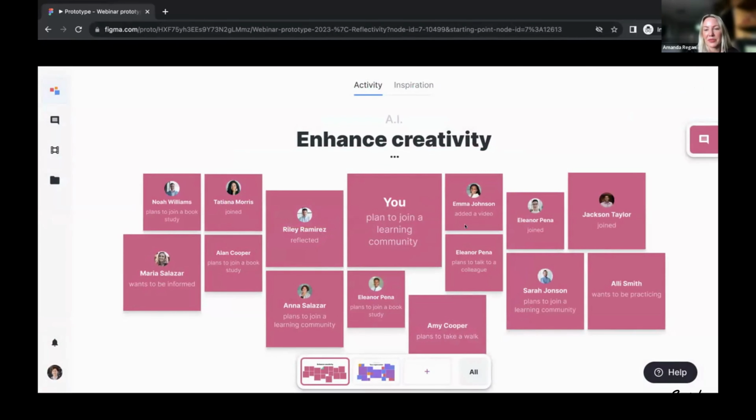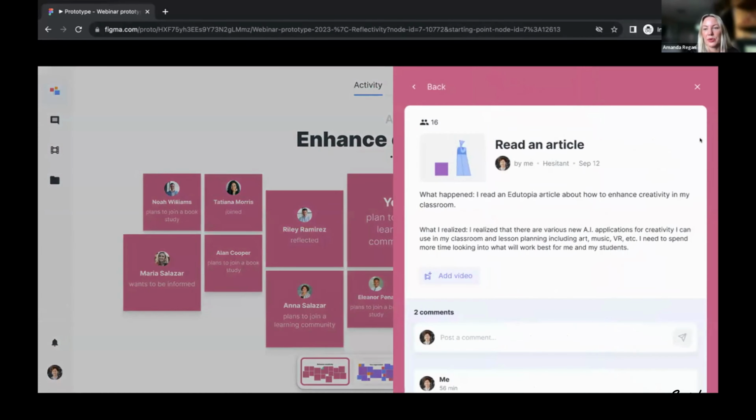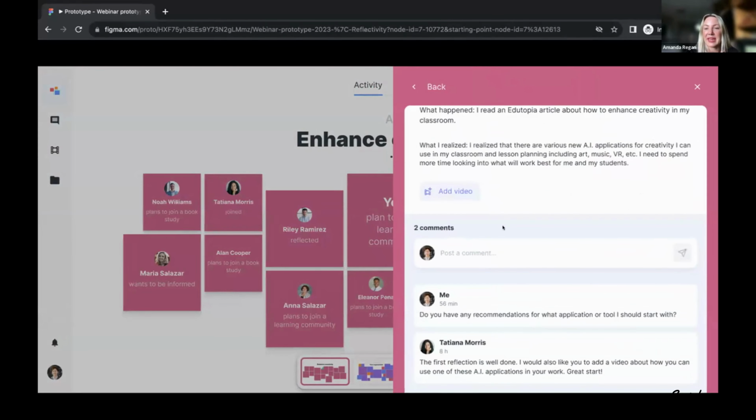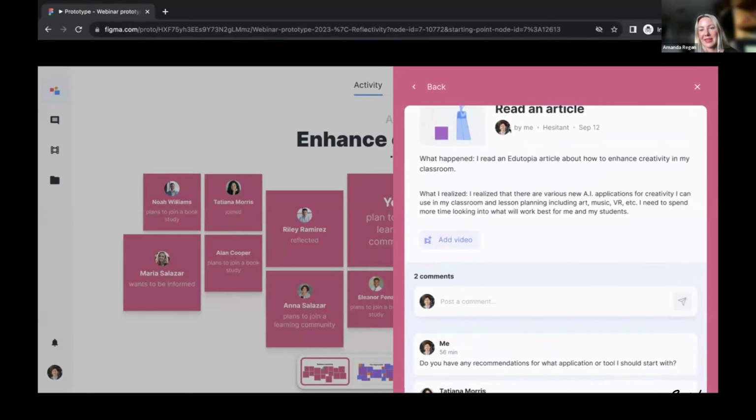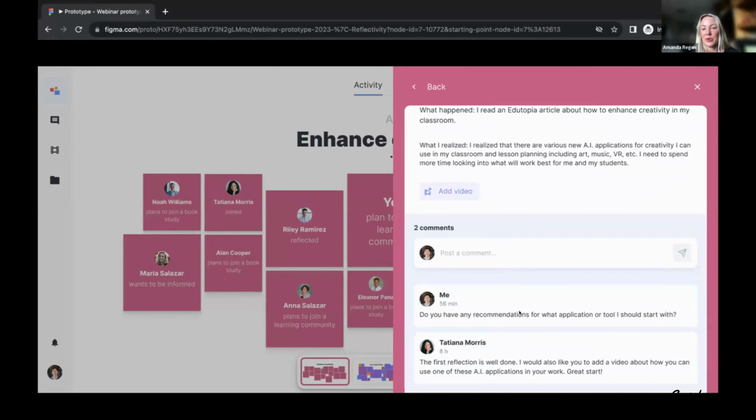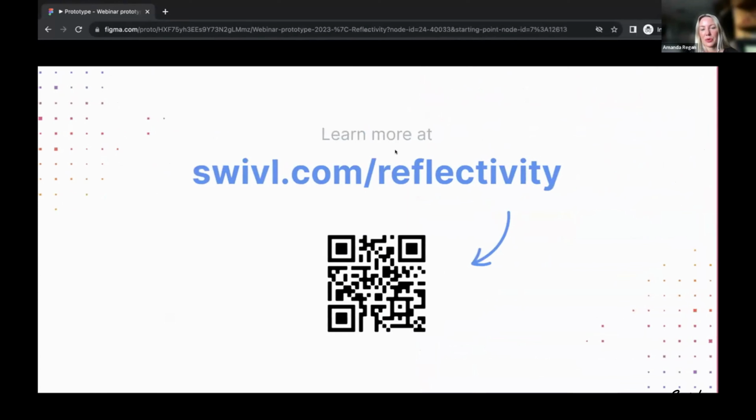I can see what all of my other friends are doing here at school. If I wanted to, I could share some information, and I can see here that there are community members in this space that have also read an article, similar to the one that I read, and then we can have a discussion about it. In this particular instance, nobody shared the link to that article, but that is also possible up there in the what happened. You can specify what Edutopia article you read, and then you can have a deeper discussion about what happened here and continue your growth trajectory.